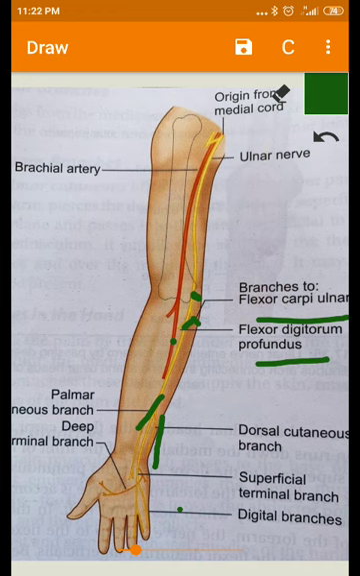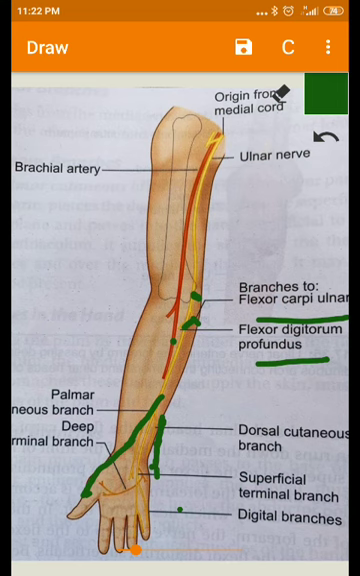So these two supply the skin. The palmar cutaneous branch lies deeply and it pierces the deep fascia and comes superficially, and supplies the medial side of the palm and the skin over it. But the dorsal cutaneous branch, which arises above the level of the wrist, runs downwards and backwards, and winds around the medial side of the wrist, entering the dorsal side of the hand,